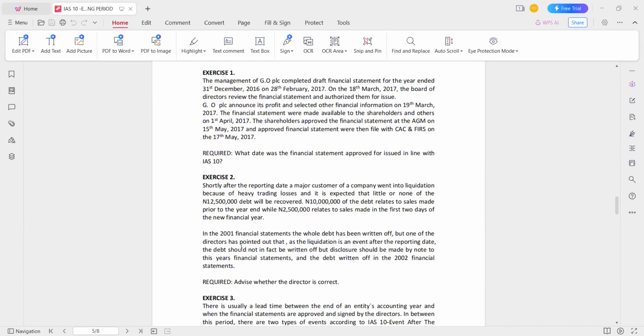Okay, so what happened to the 2.5? The 2.5 is in the 2002 reporting year, so I think allowances should be made for it in the 2002 financial statement. Okay, thank you. Any other opinion? Any other advisor? The 2.5 should be disclosed because it relates to sales for 2021. So I think the company should disclose it.